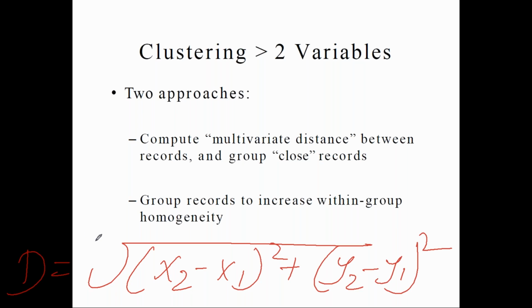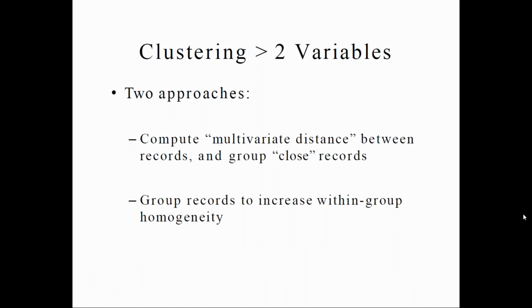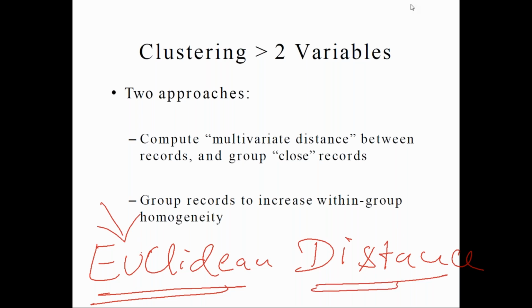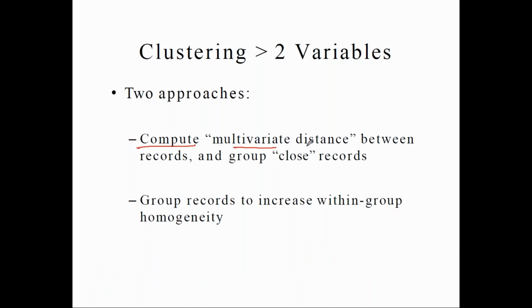So this distance formula is called which distance formula? There's one name for this, right? Distance between 2 coordinates. No, that is not the name. It is called Euclidean distance. So the formula I've written is called the Euclidean distance formula. You need to calculate the distance, that is the multivariate distance between the records,